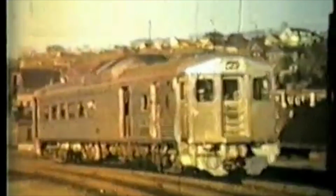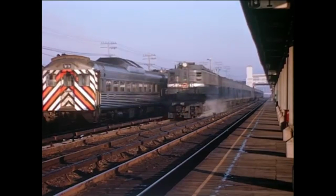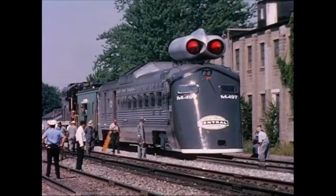The railroad was in possession of 29 RDC-1s, 2 RDC-2s, 6 RDC-3s, and 4 RDC-4s, in addition to the 2 custom RDCs and 4 RDC-9s that made up the Roger Williams train set. The New York Central Railroad also had an extensive fleet of RDCs, with a total of 20. They had 16 RDC-1s, 1 RDC-2, and 3 RDC-3s, the most famous of which would be number M497, an RDC-3,